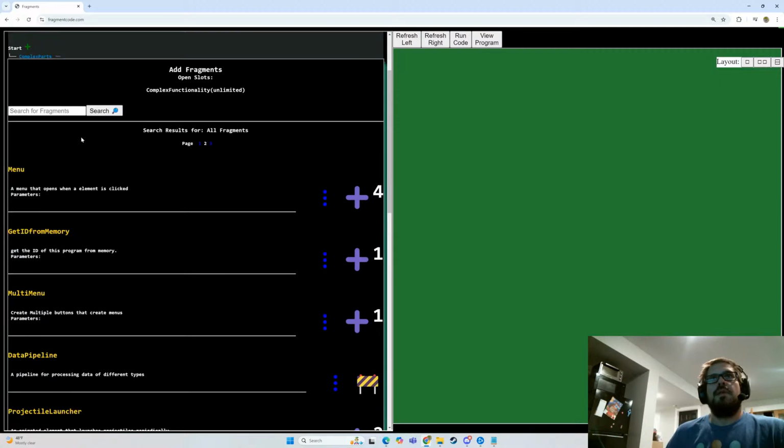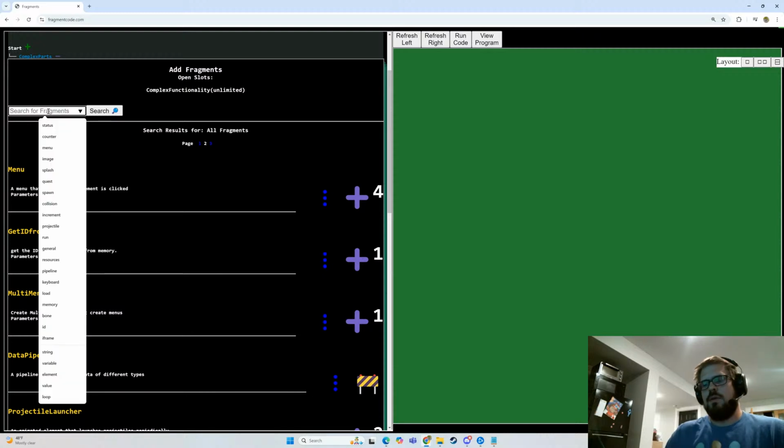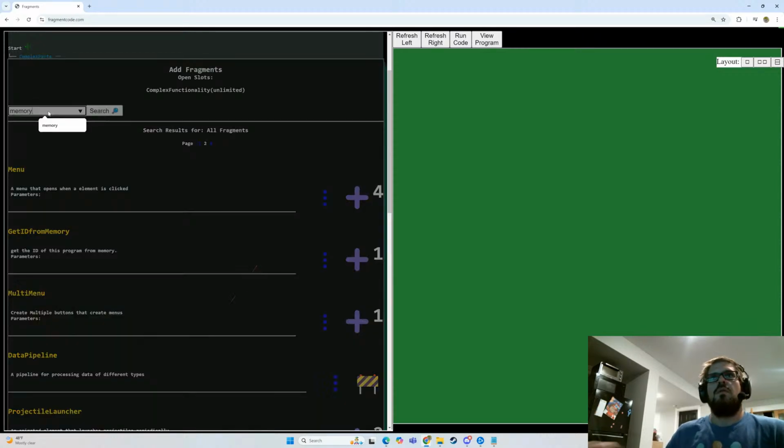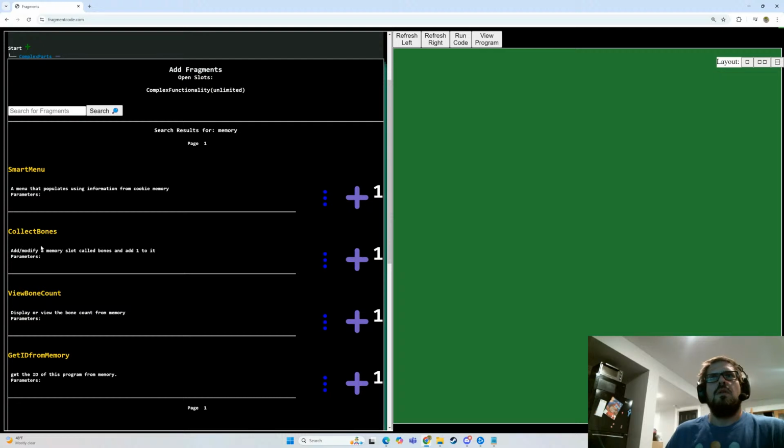Then we're going to probably need a collision engine. But some other things that we're going to need are, all right, so here we have our bone count and our collect bones. So these are basically different ways we can modify the memory. And then we have the smart menu, which can also inherit stuff from the cookie memory. I think that could be particularly useful, but to start here, I think I'm going to add,